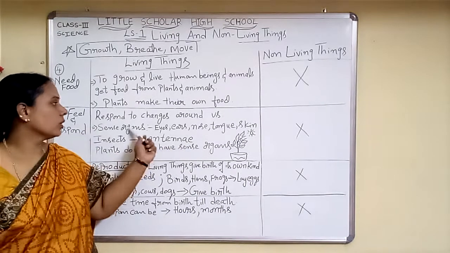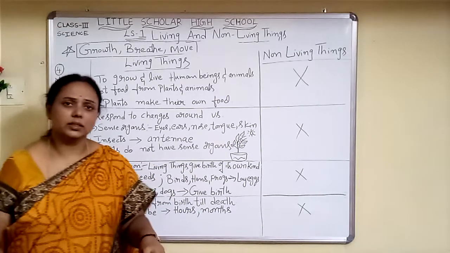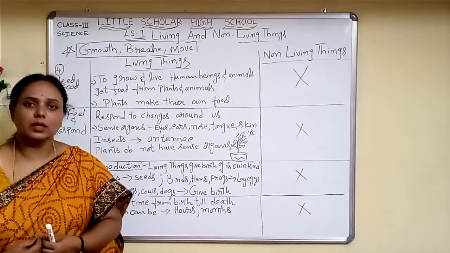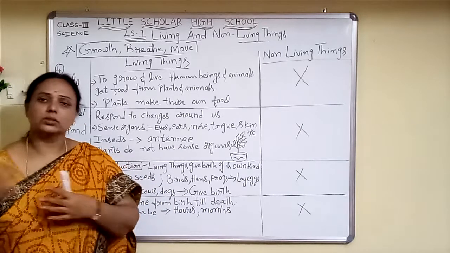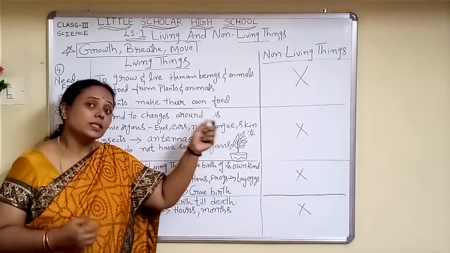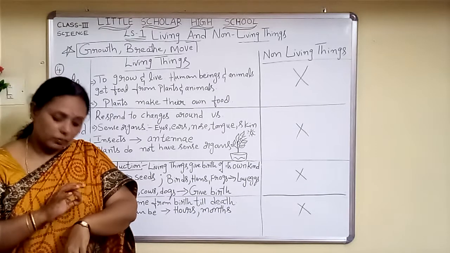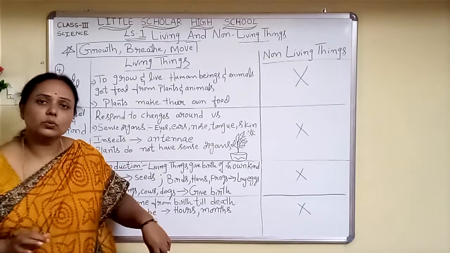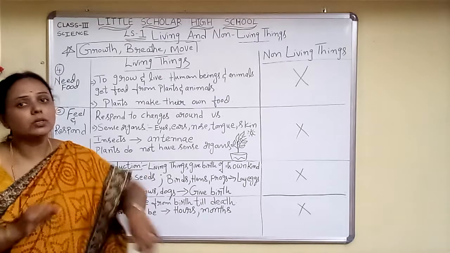Now, the last sense organ we are going to talk about is skin. All our body organs are covered with the skin. Yes or no? All our organs are protected with the skin. Now, this skin is protecting us from external high temperatures or rain and all. And this skin is also helping us to sense if anything is hurting us or damaging our cells. So if anyone pinches you, you feel a kind of pain. Yes or no? And immediately what you do, you withdraw your hand. That means it is one of the organs which enables us to feel and to respond.